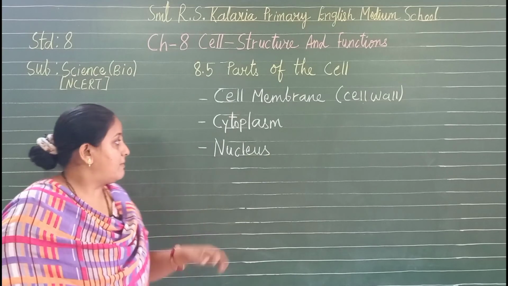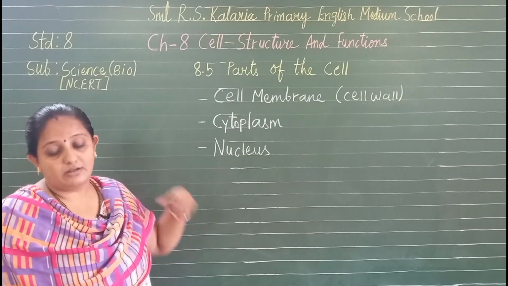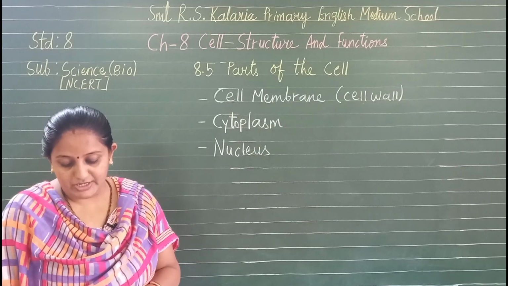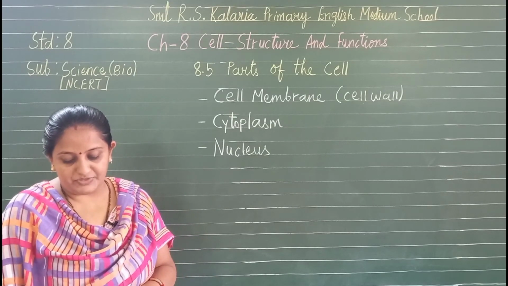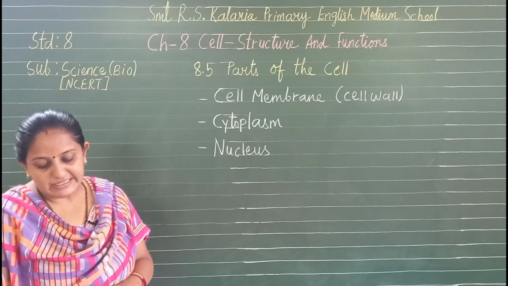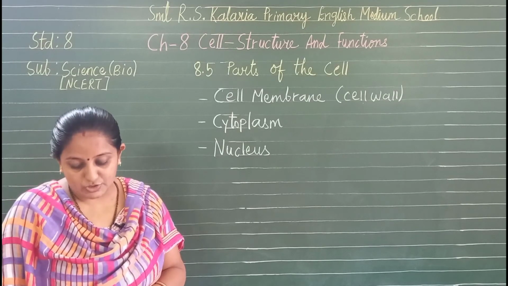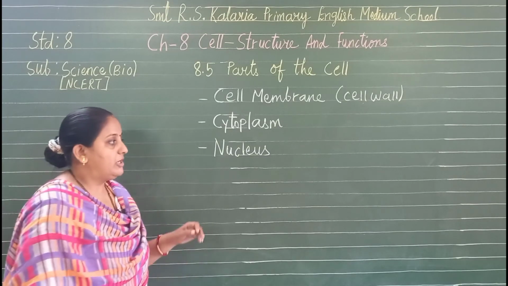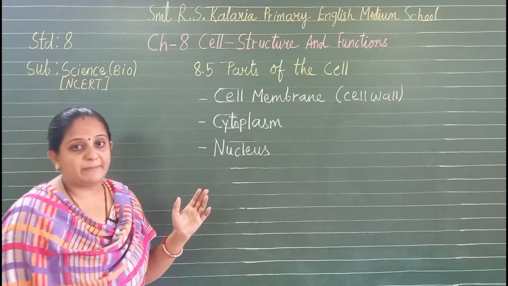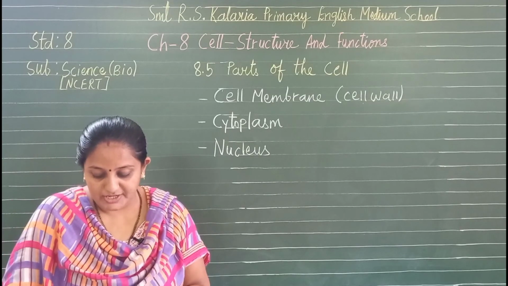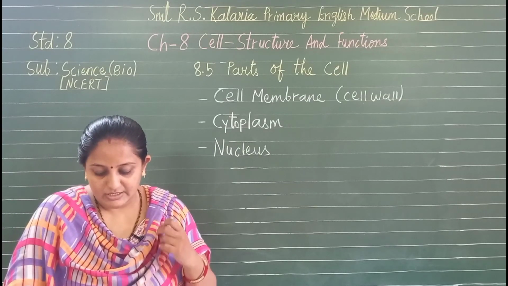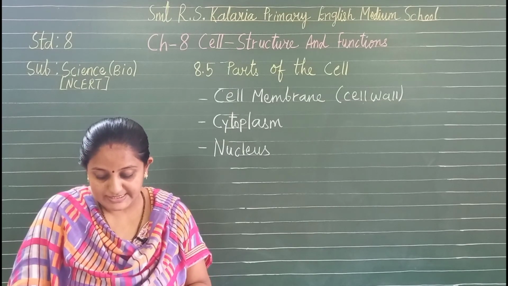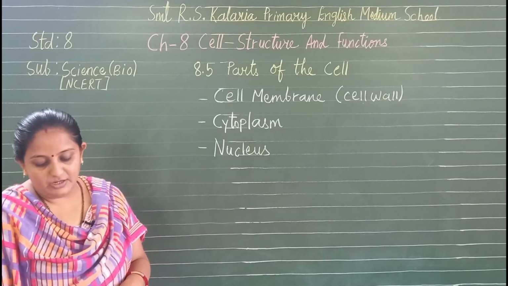Now let us understand about the nucleus, another basic component. It is an important component of the living cell. It is generally spherical and located in the center of the cell. It can be stained and seen easily with the help of a microscope. The nucleus is separated from the cytoplasm by a membrane called the nuclear membrane. This membrane is also porous and allows the movement of materials between the cytoplasm and the inside of the nucleus.